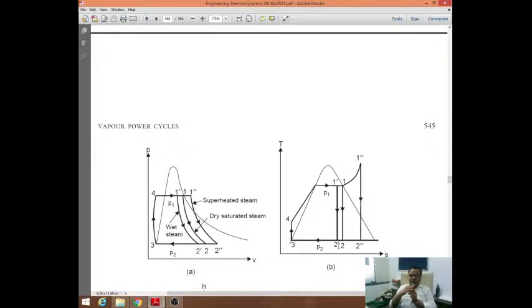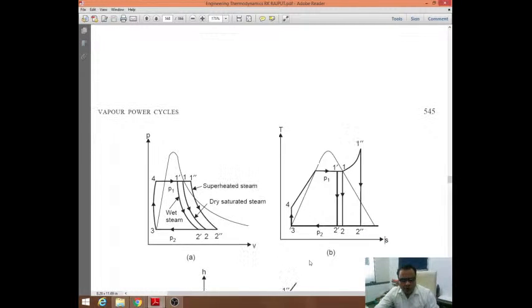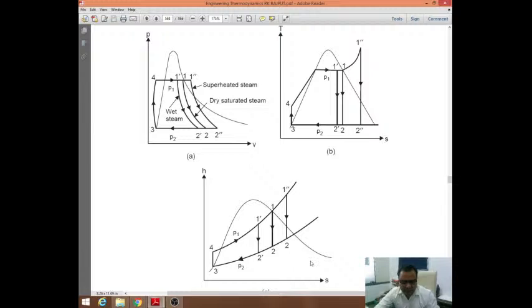We cannot go for very high superheating, because superheating normally does not result in an increase in the thermal efficiency. To some extent thermal efficiency will get improved because of the superheated steam, but superheating is not advisable just for improvement in the thermal efficiency. Instead of that, we can go for some reheating or regeneration processes. Basically, what you need to understand from this